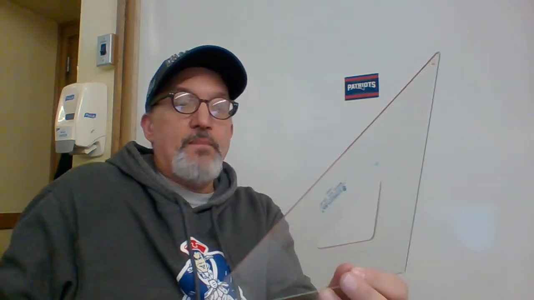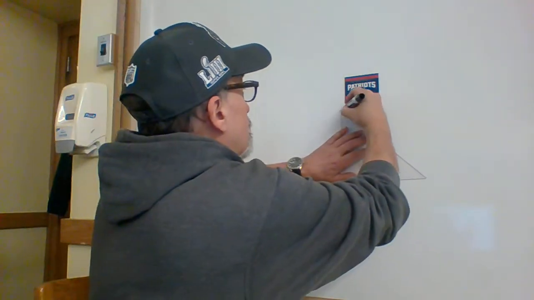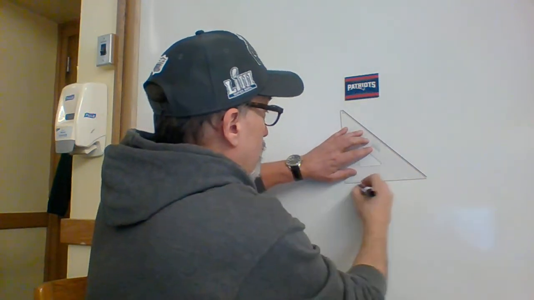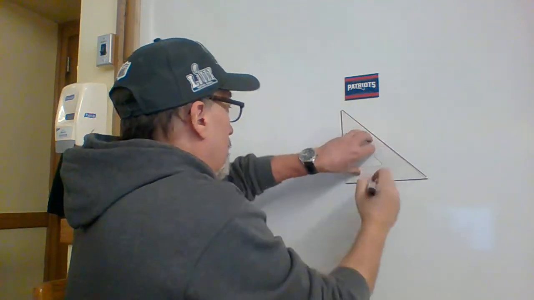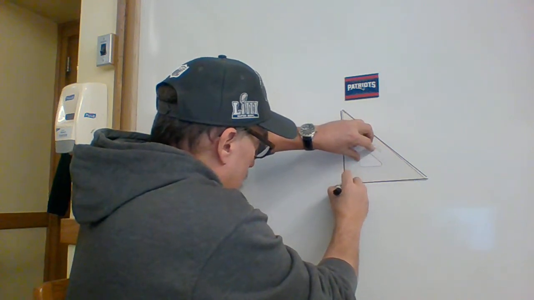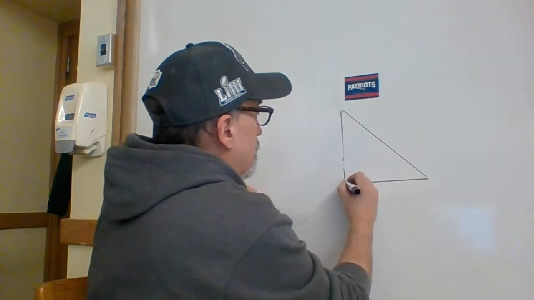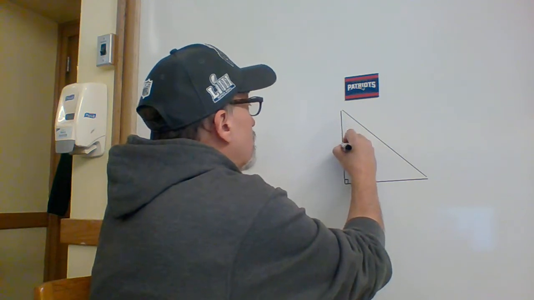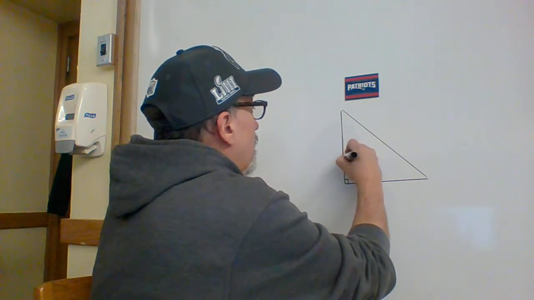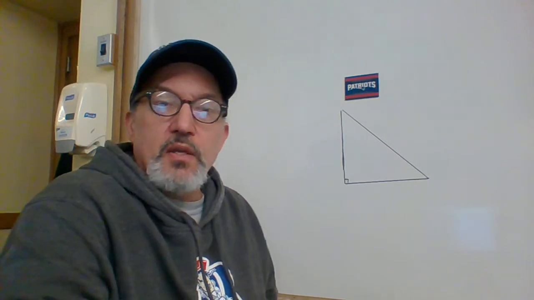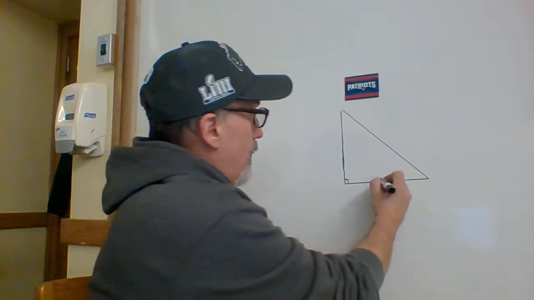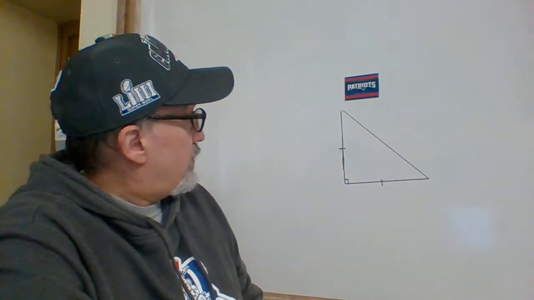The first one is what we can call an isosceles right triangle. So let me construct the isosceles right triangle. The isosceles right triangle is also known as the 45-45-90 right triangle. And one of the basic Euclidean truths is that when you have an isosceles triangle, and we'll indicate that those two sides are the same length,